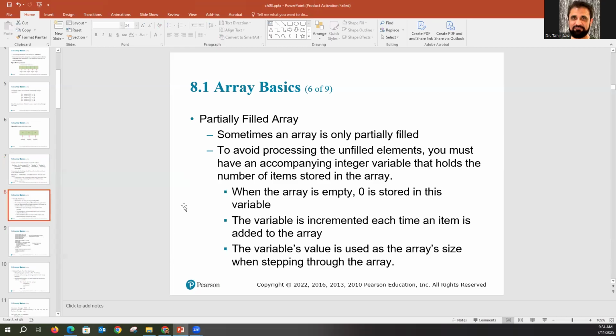So, partially filled array. Sometimes an array is only partially filled. Let's say you create an array of size 1,000, but you only have 3 customers. So what do you do with the rest? Avoid processing the unfilled elements. You must have an occupying integer value that holds the number of items stored in the array. So it's talking about logic here. You have created an array of size 1,000 or 1,000,000, expecting that many items or customers will be added, but you only added 3. So it's indicating here you must have some kind of counter